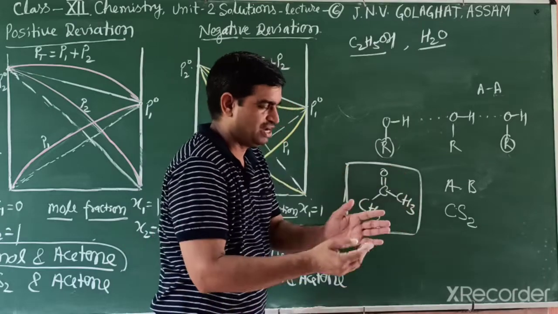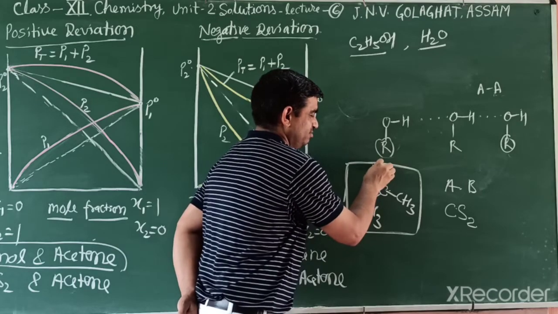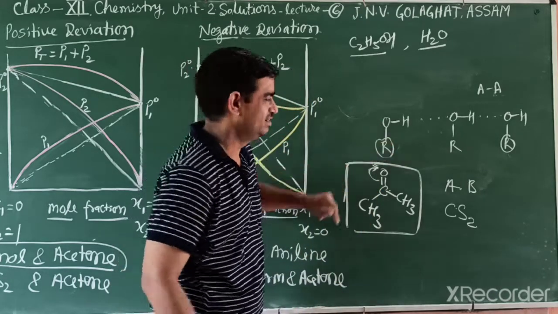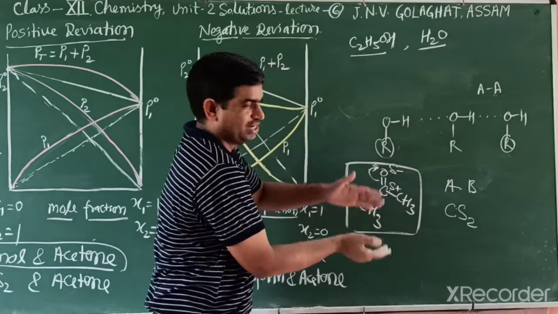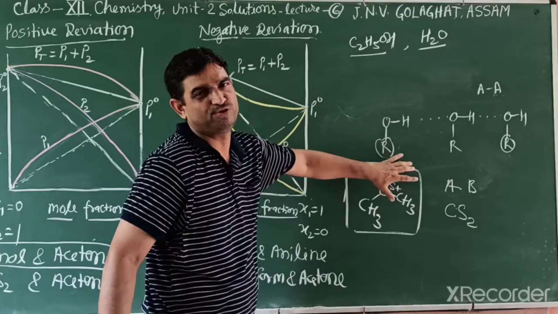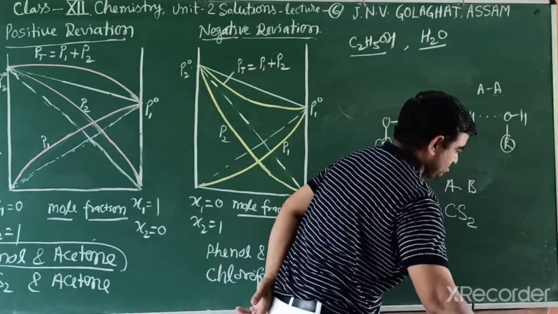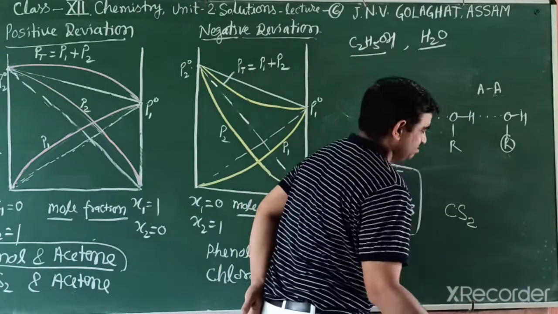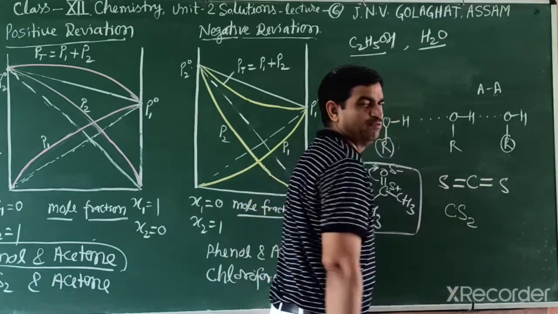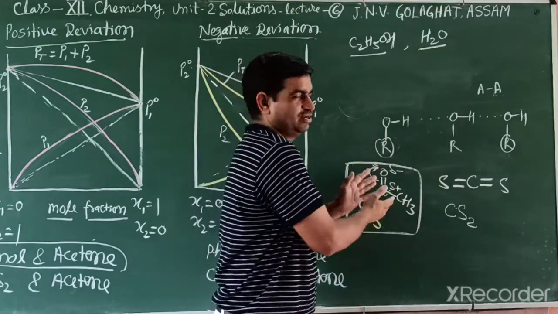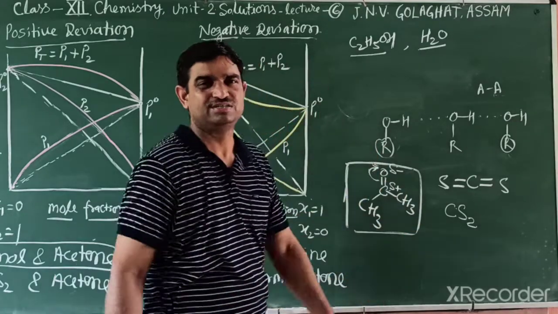Because acetone has a polar nature, polarity in the molecule in this way. You will study in organic chemistry, electrons move towards this side. So this bears a negative charge and this bears a positive charge. So that is a dipole moment, which means dipole-dipole attraction. And carbon disulfide is linear, so there is no dipole moment. When we mix them, this polar nature is decreased, the new force is a weaker force, so they deviate.